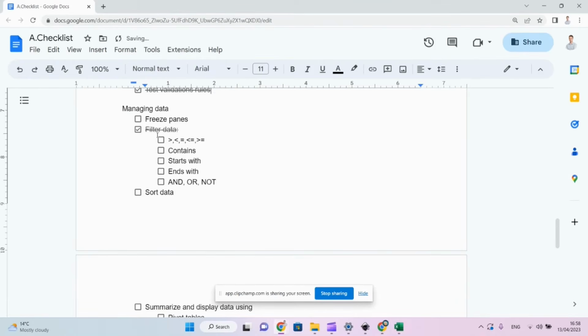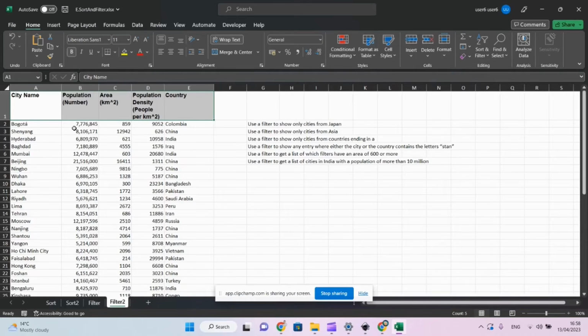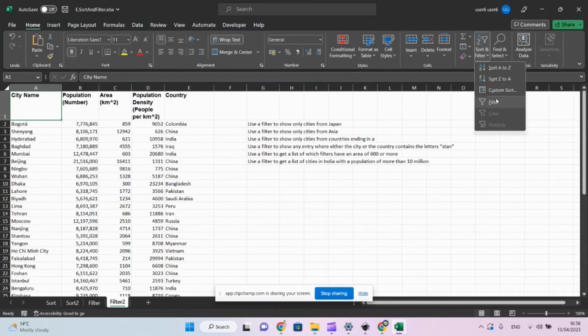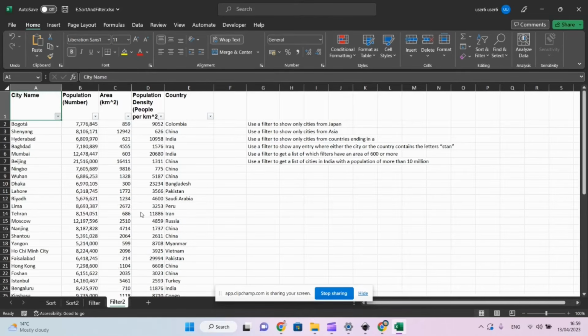We've got filter down. We saw all of these: contains, starts with, ends with. The only thing we didn't talk about is and, or, and not. Let's go back and do those quickly. So let's say we want to see a list of city names, and we want to list all of those which start with a B